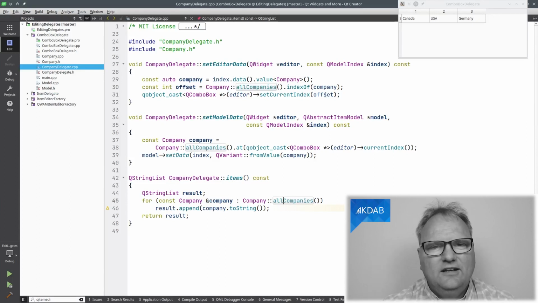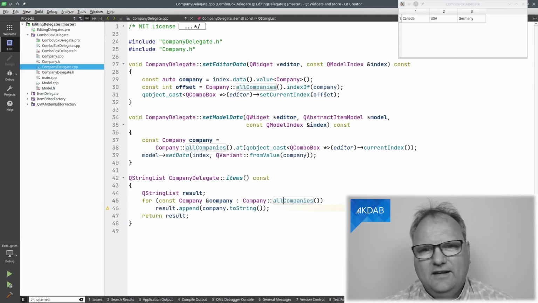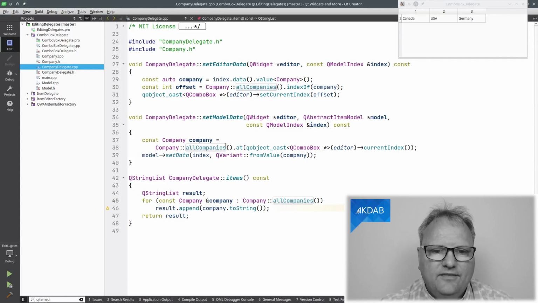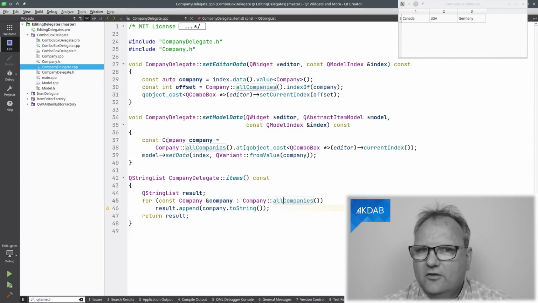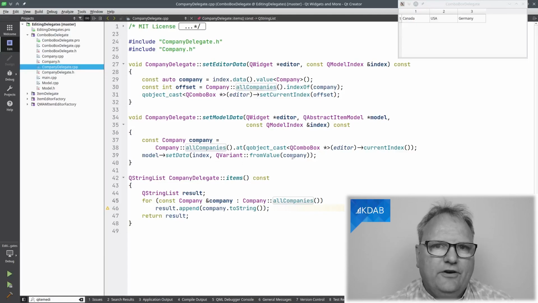No looking at any strings or doing anything fancy with strings there. Going the other way, same story, I go and get all the companies and I figure out what is at the current index of my ComboBox there, and that is a company, not a string, but a real company instance, which I set in my set data here as a variant.